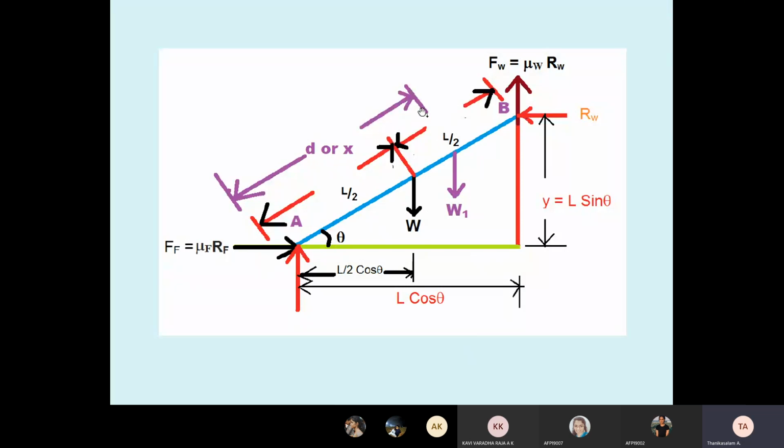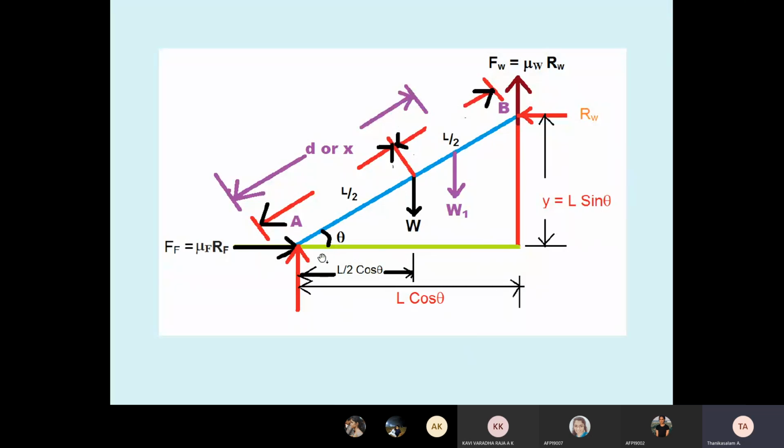So the man is standing with weight W1 at some unknown distance. That's why I taken D here. You can take it from the bottom or upper, anywhere. The question mentions the man weight is one half the ladder weight. I will explain later. Then calculate all the horizontal distances, students. The length is given, and the horizontal distance is L cos theta, the vertical is L sin theta.